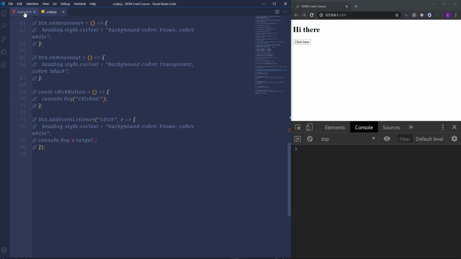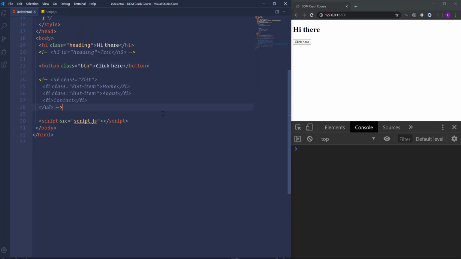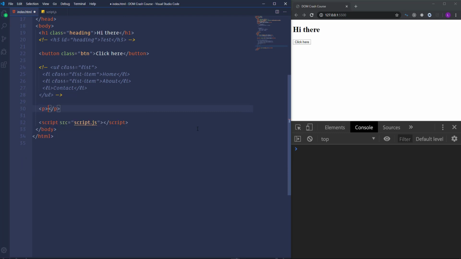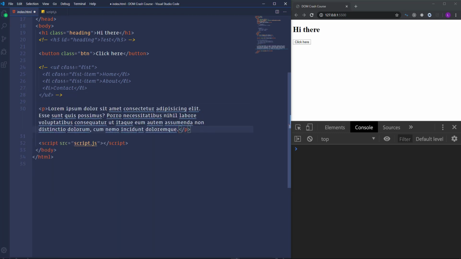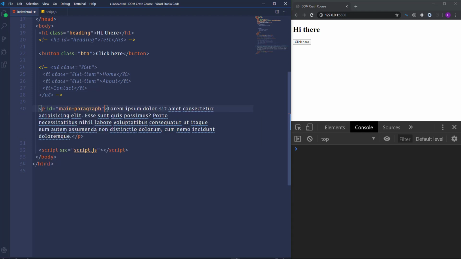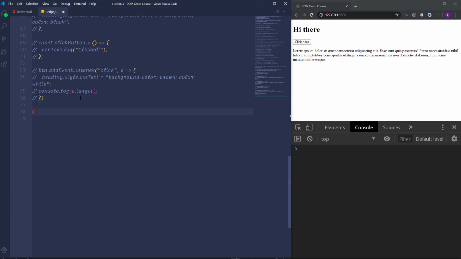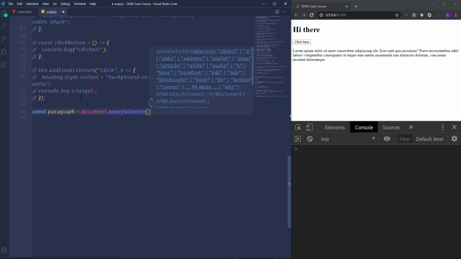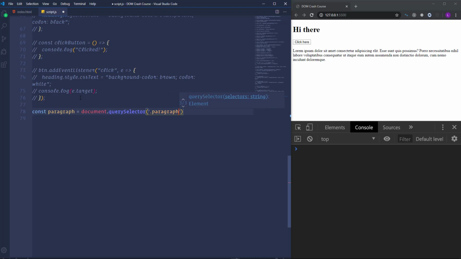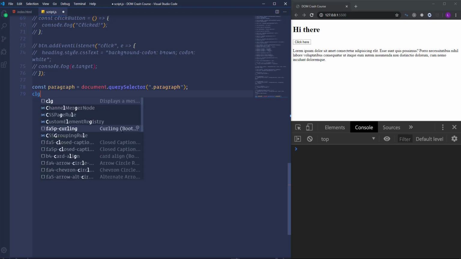Alright, let's go ahead and create a paragraph with some dummy text, and also assign to it an ID with the value main-paragraph and the class attribute paragraph. Then let's select this element. I'm going to create a new variable, call it paragraph, and select the p element using the querySelector method. In this case, I'm going to use the class name paragraph. Alright, now I'm going to get the attributes of the paragraph. Let's log to the console,